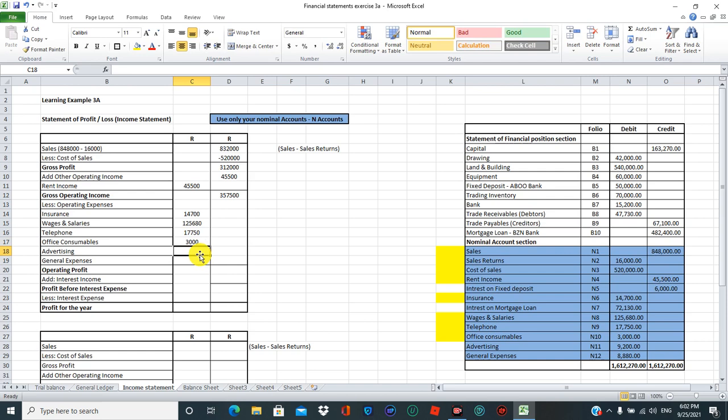Then we've got advertising, which is 9200. And then general expenses, which is 8880. All right. So is that all of them? Yes. Okay. So now we add all of them up. So that'll be 179210. You can see that there. So we need to less the operating expenses. So that is